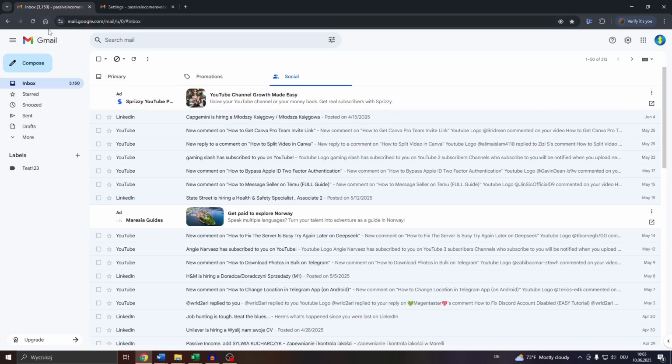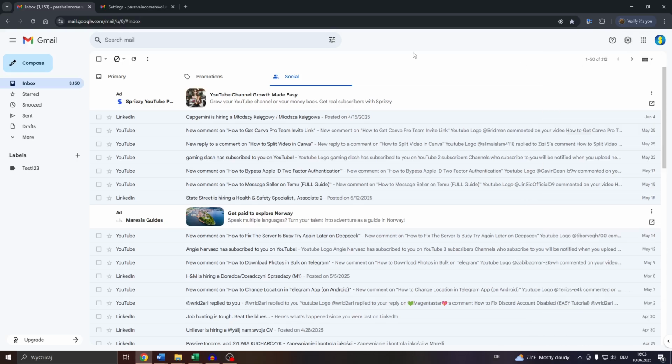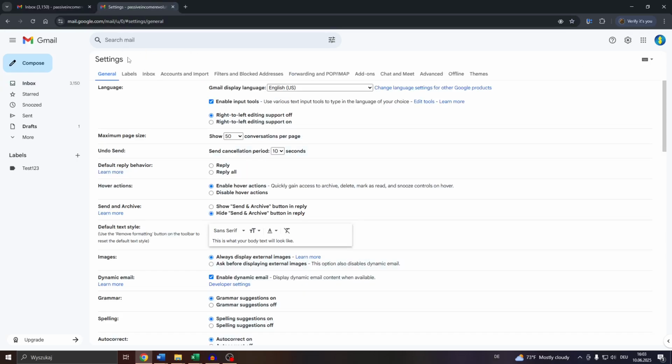Head over to Gmail inbox, and what you want to do, guys, is enter or access your Gmail inbox settings by clicking on that gear icon in the top left and by selecting See All Settings below. And here inside your Gmail settings, switch from General here at the top to this section or tab here, Accounts